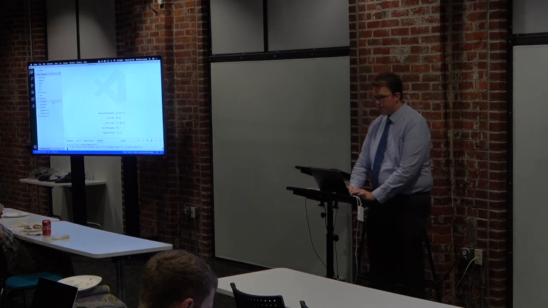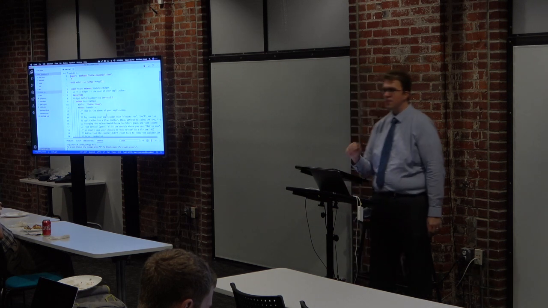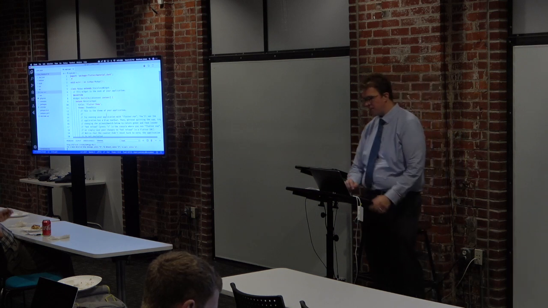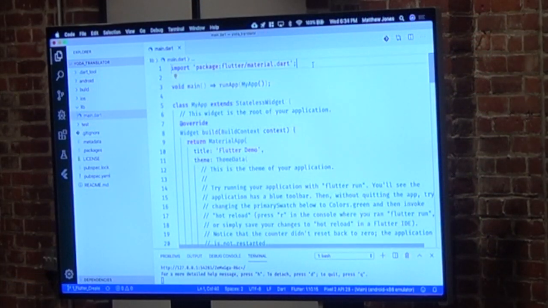What I'm going to do is fire up this main.dart file. There's a few things that I want to point out here. We're not going to do a deep dive into this because it's more fun to write code than it is to read it. So we're just going to quickly do an overview. First thing I want to point out is this material.dart import up here. Remember when I was showing you all those pre-made widgets you could use? Most of them are in that material.dart file. So you have to import the specific libraries that you want to use. And material.dart is going to be pretty much in every Flutter application, every widget, everything that you write. That's going to be at the top of your file.